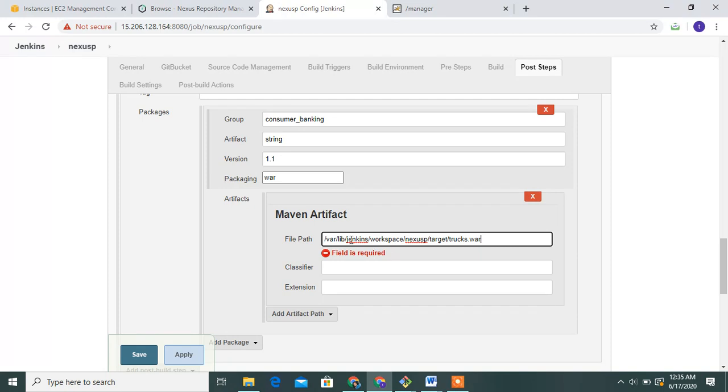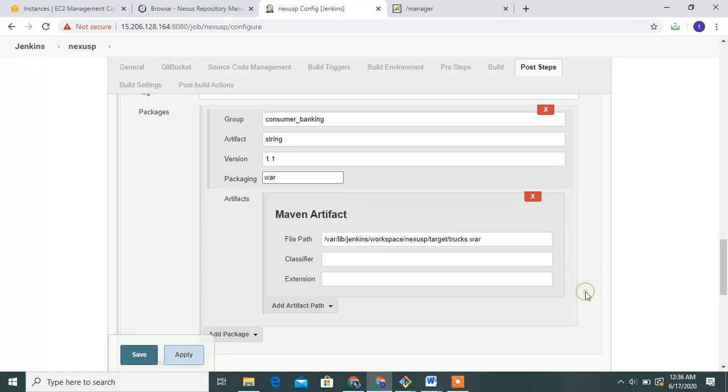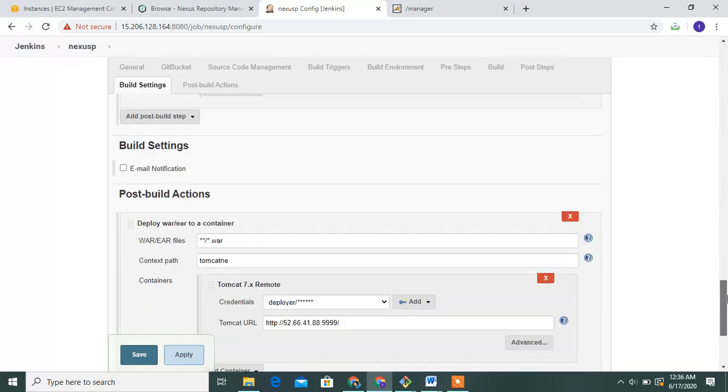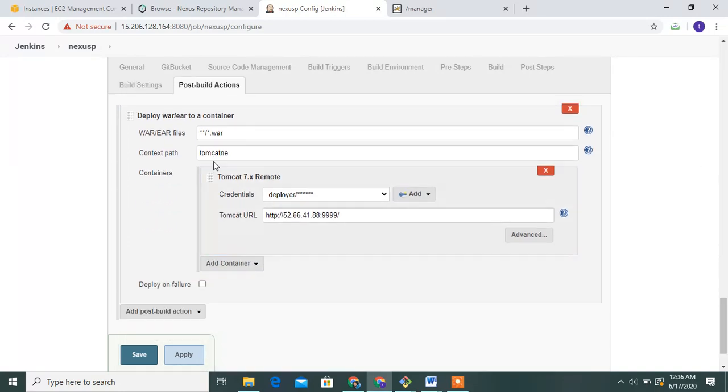/var/lib/jenkins/workspace, Nexus project name, target, and the war file. Then go to post build actions, select deploy war to container, Tomcat server, and the context path is your choice, any name given. Select the Tomcat version.